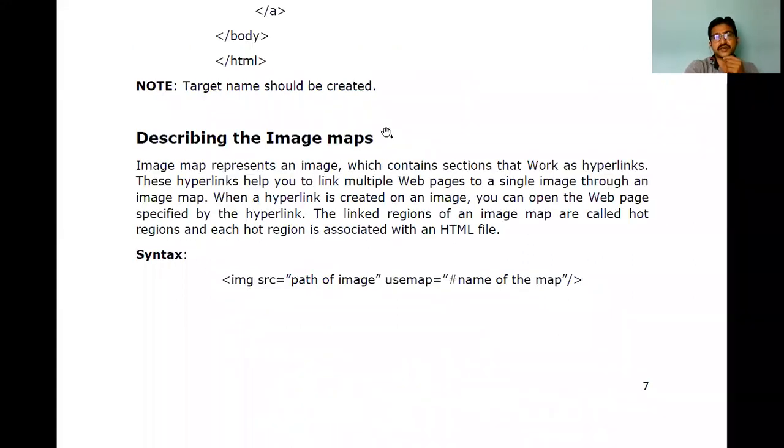And the last topic under this is describing image maps. In image maps, we define the size, and we can describe things like a route map, source to destination, a company location, or an institution location. A lot of things can be described. How can we describe that? We have an attribute in IMG called usemap. Usemap equal to, we give a value, the hash name of the map. Hash name of the map, in the sense that hash, as I already told you, indicates an ID. So an ID it is representing.